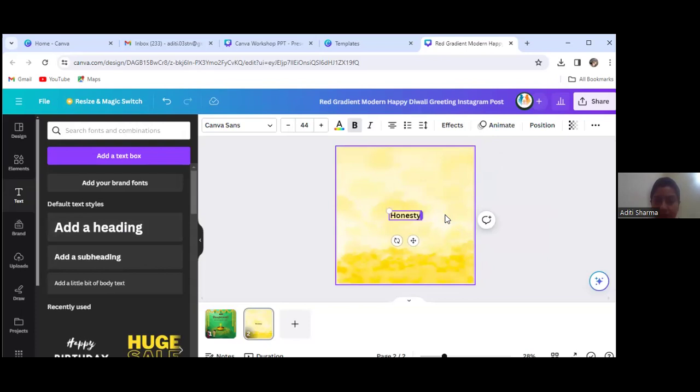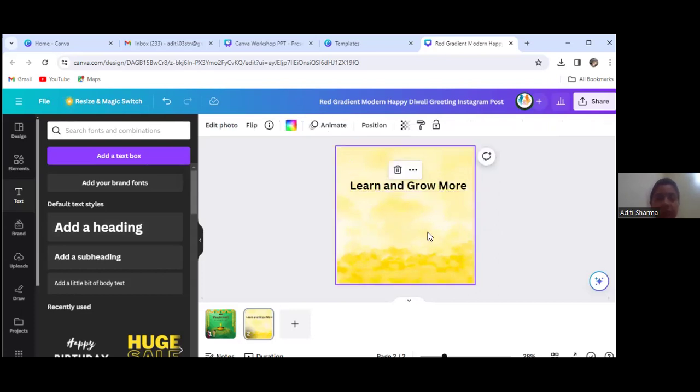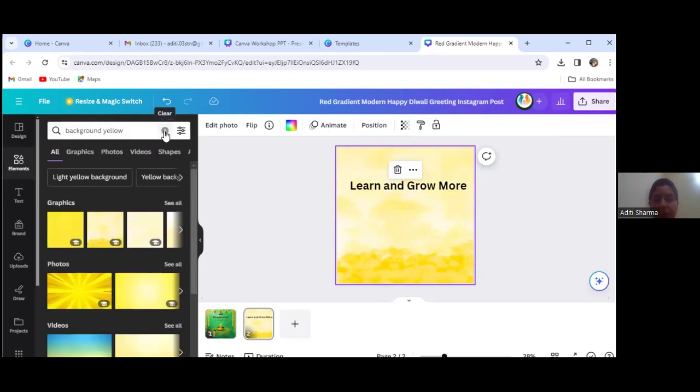Okay, I took a text here. Now elements में गए.